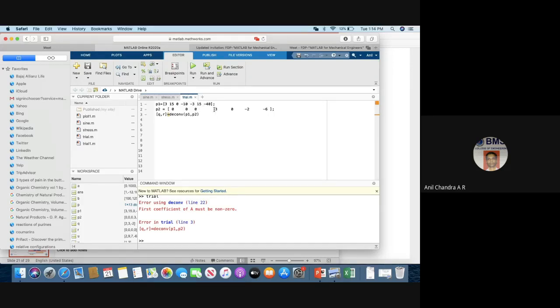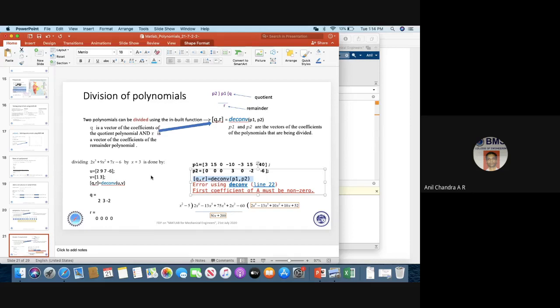Never keep zeros in the beginning, which means the first row, first column must never be 0 in your division process. Now run it and you get the value. So you have the quotient, you have the remainder. So deconv is the command used to execute division of polynomials.